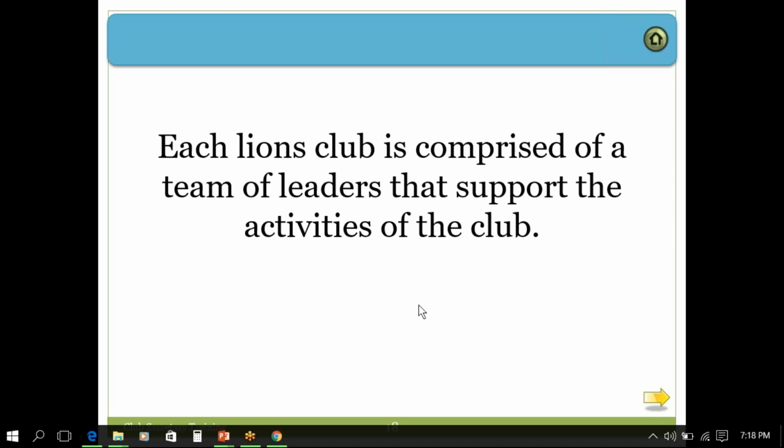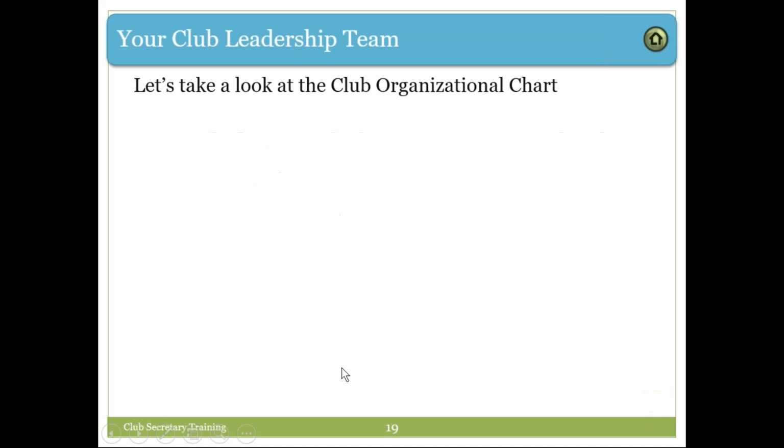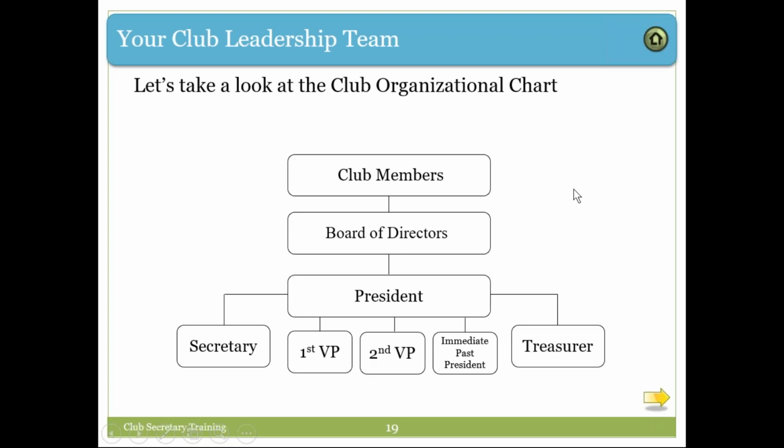Each Lions Club is comprised of team leaders that support the activities of the club. You're one of those team leaders as secretary. This is the basic club organizational chart.